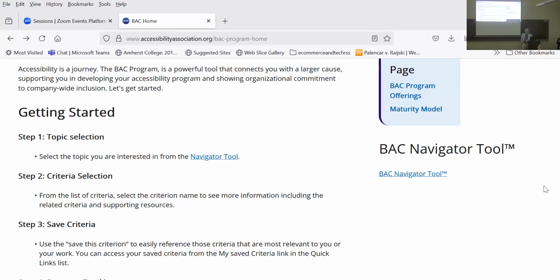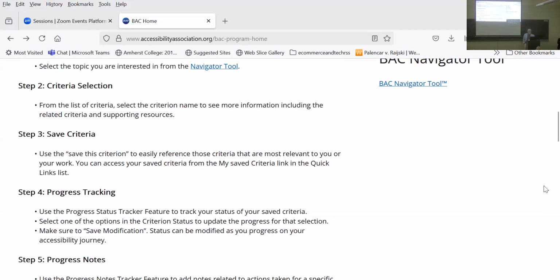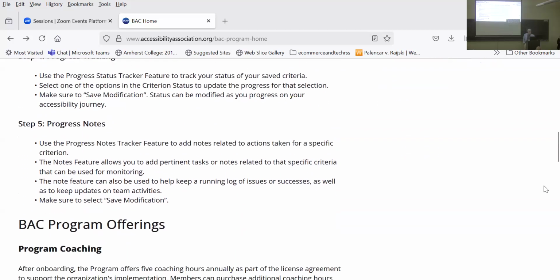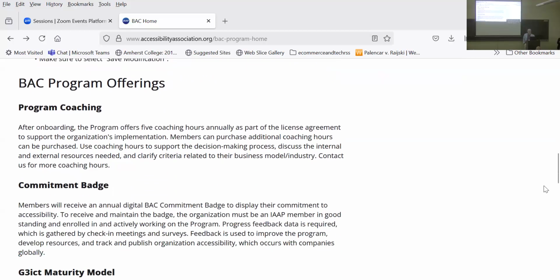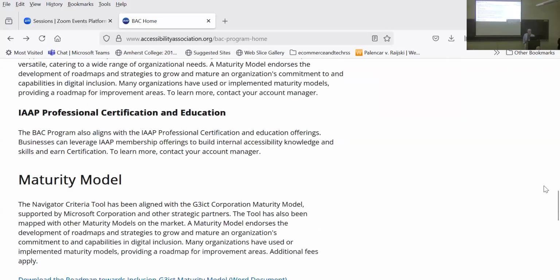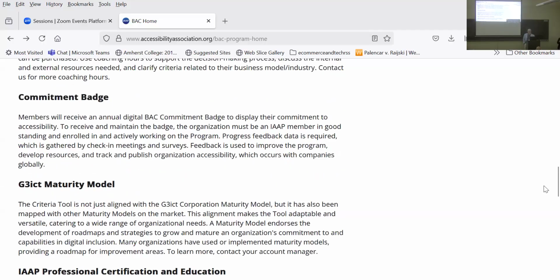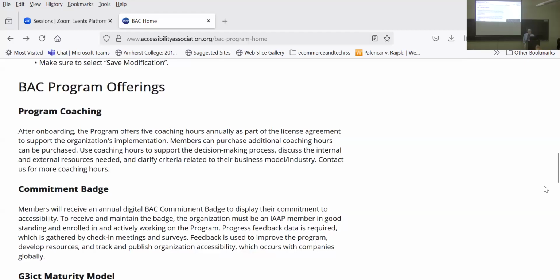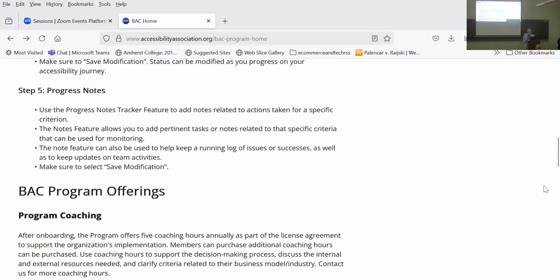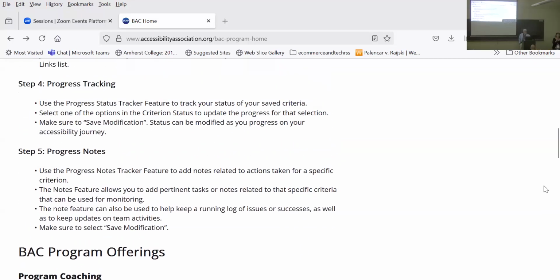So we have 3 main categories, but within that there are 14 different topics that we have housed in this program. We're going to talk about leadership, and there's things like design and develop. We have criteria around human resources, for instance, and as well as AI. So there's 14 different topics that sort of cover an organization across its entity.